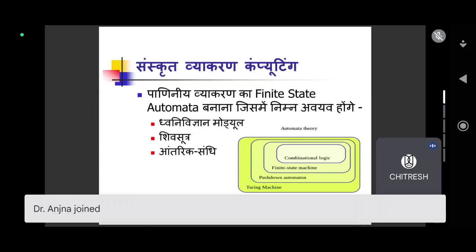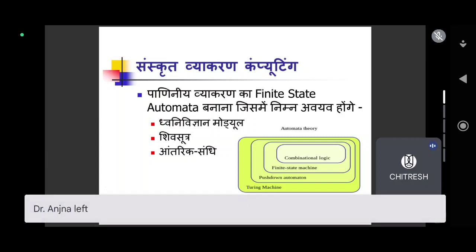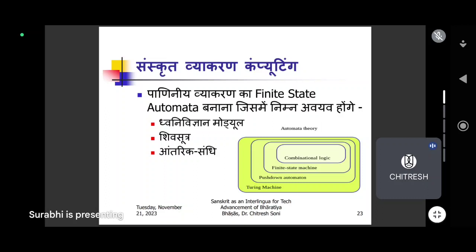संस्कृत व्याकरण कंप्यूटिंग, because पाणिनि व्याकरण का फाइनाइट स्टेट ऑटोमेटा बनाना बड़ा आसान है। इसमें ध्वनि विज्ञान मॉड्यूल, कौन सा शब्द बोला जा रहा है आप जानते होंगे। कि जो भी लोग फोनेटिक्स में काम करते हैं, जब आप नॉर्मली हम बोलते हैं तो आपको लगता है कि बहुत जल्दी से प्रोसेस हो जाती है, पर जब आप स्पीच को एनालाइज करते हैं Praat और Audacity वगैरह सॉफ्टवेयर से, तो when you record your voice आप एक स्पेशल टाइप का पैटर्न देखते हैं। तो that pattern is also created in our ears also। तो जो पैटर्न कंप्यूटर के माइक्रोफोन पे, उसके सिस्टम पे जो बन रहा है, वो also created very fast, in a very